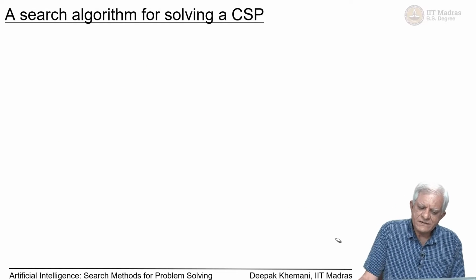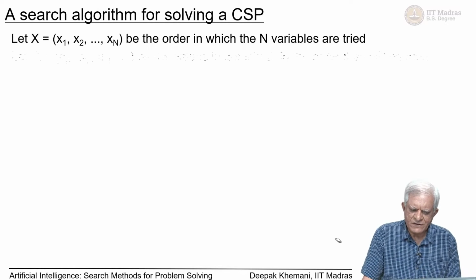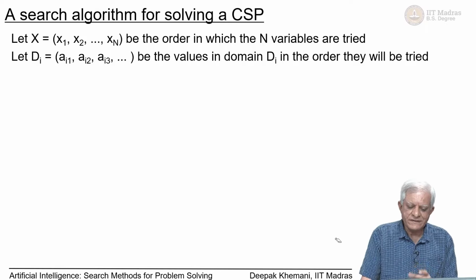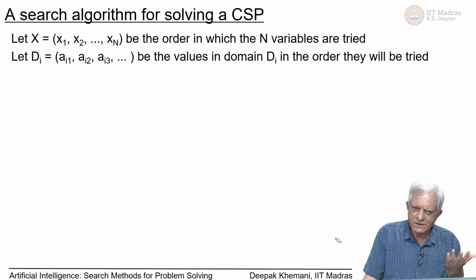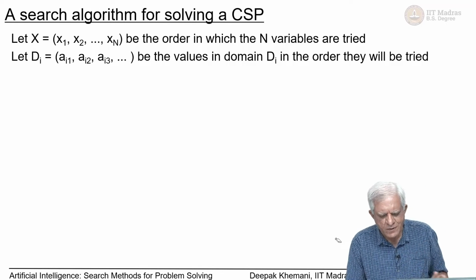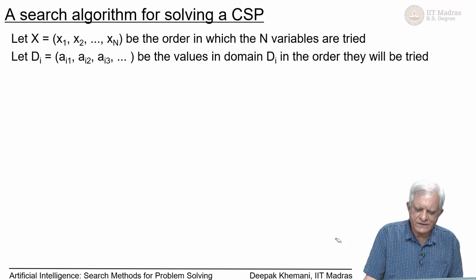So, now let us talk about the search algorithm for solving a CSP essentially. So, let X is equal to x1, x2 up to xn be the order in which those n variables will be tried essentially. So, let us say we are fixing the order. This is different from the algorithm we had very briefly mentioned earlier, which was dynamic variable ordering, where we chose the variables based on certain criteria, which was the size of the domains. But for the moment, let us assume that this is fixed essentially, that you will look at x1 first, then x2, then xn,